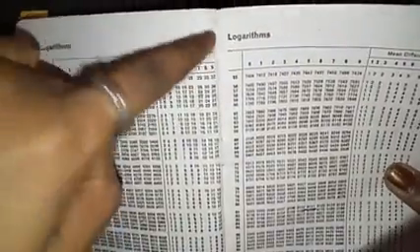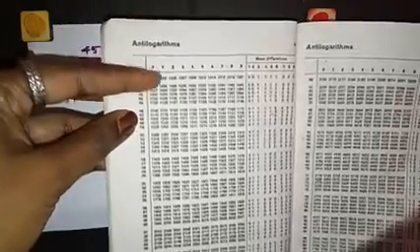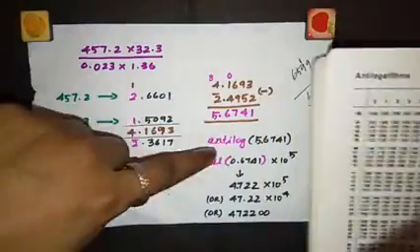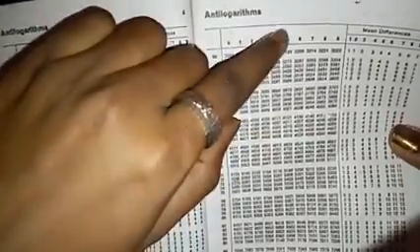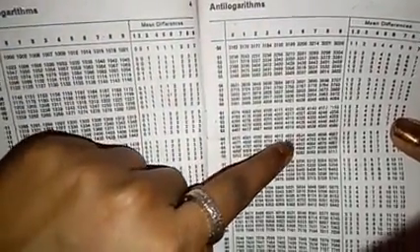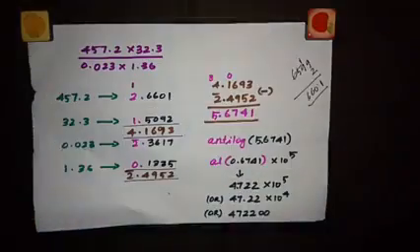And remember, while looking into the table, just check whether you are looking into the right table. See, this is logarithm and the next page will be having anti-log tables. So this is anti-logarithm. See, in anti-log it starts with 0, 1, 0, 2, 0, 3. So always be careful on which page you are looking. So now for looking anti-log, 67, 4. So where is 67? So here is 67. 67 and 4 here. So 67, 4. You are getting a value of 4721, and after that you have a value 1 mean difference. So in 67, 1 mean difference 1. So add the two values. What are the two values?